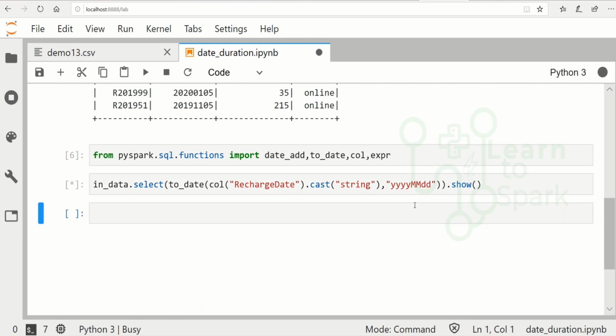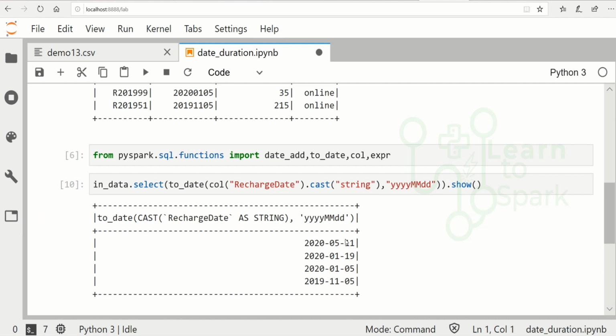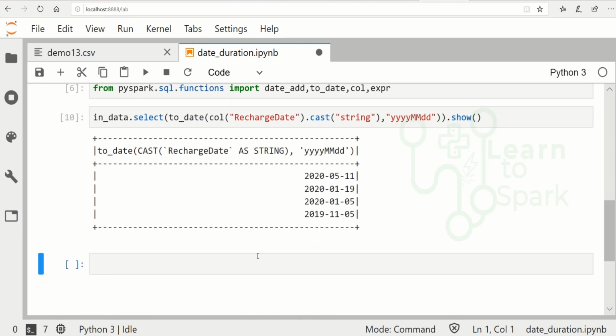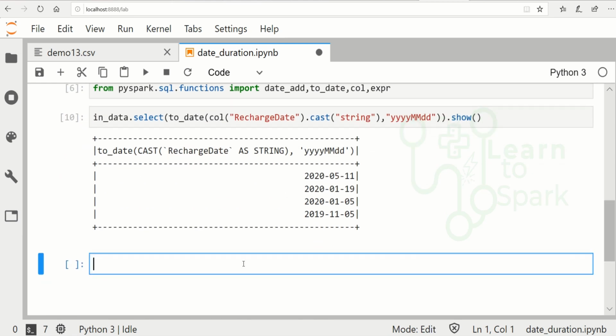So now let me run it. Here you can find our column has been converted successfully. So this way, we are able to cast the integer column into a string and then again to a date. Now let us use this to convert the recharge date.